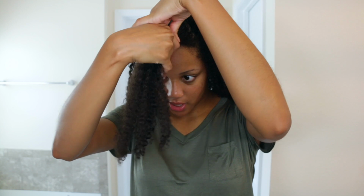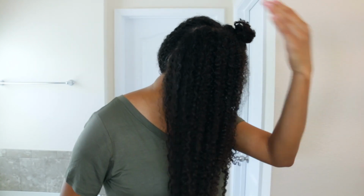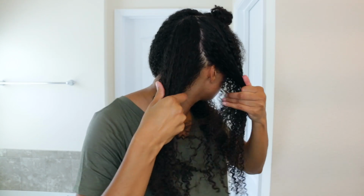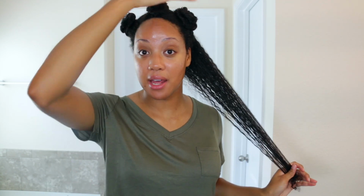Alright, so as you guys can see, my bang is shorter than the rest of my hair. And I'm just going to put that to the side because that's going to be its own section. And then divide each half into workable sections. So the easiest way for me to do that is just to start at the top and split it in half again. Now that I have my back section fully separated and everything else is clipped out of the way,